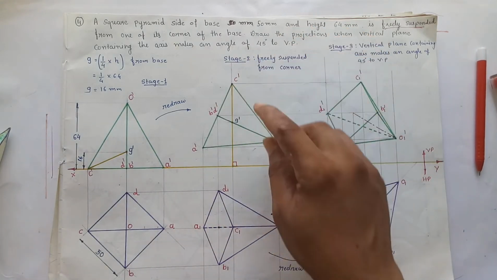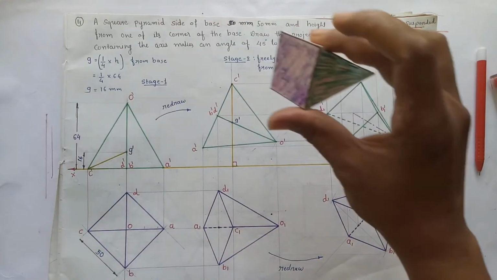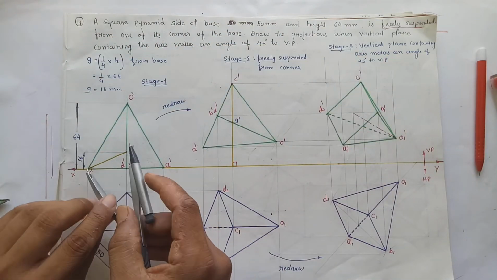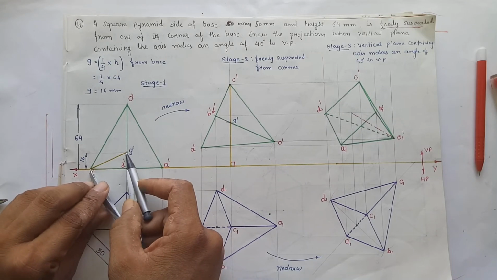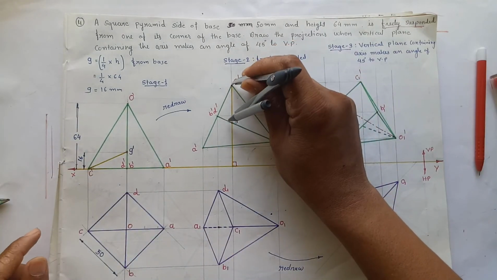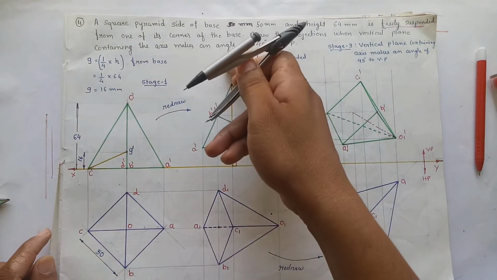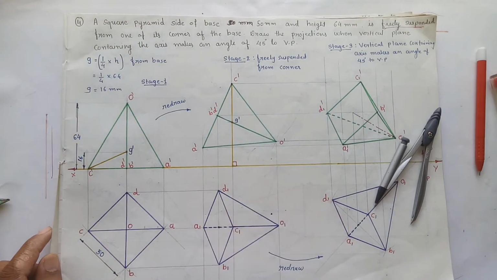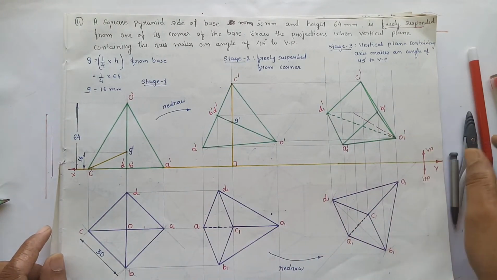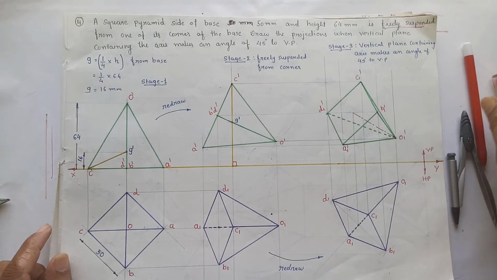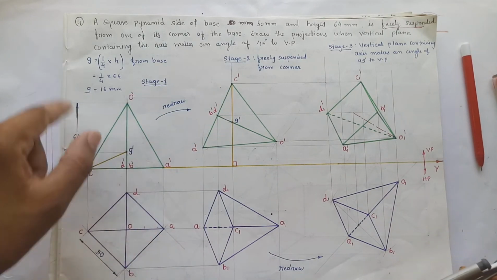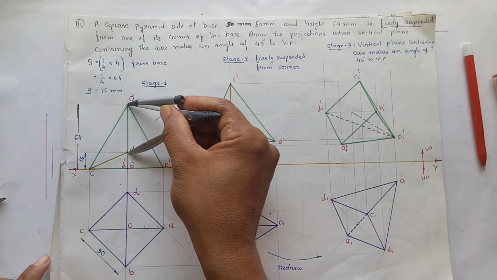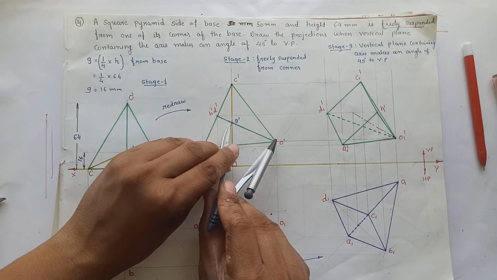Now if you want to copy this figure, we have freely suspended this pyramid from corner C. So here is C. Now mark the G dash. As we have discussed, the center of gravity will lie on the line of action, a line which is perpendicular to the xy line from point C. It is the rule of physics. Now we have marked C dash, G dash. Now we have to copy this figure over here. So measure G dash to O dash and give an arc from G dash to O dash.